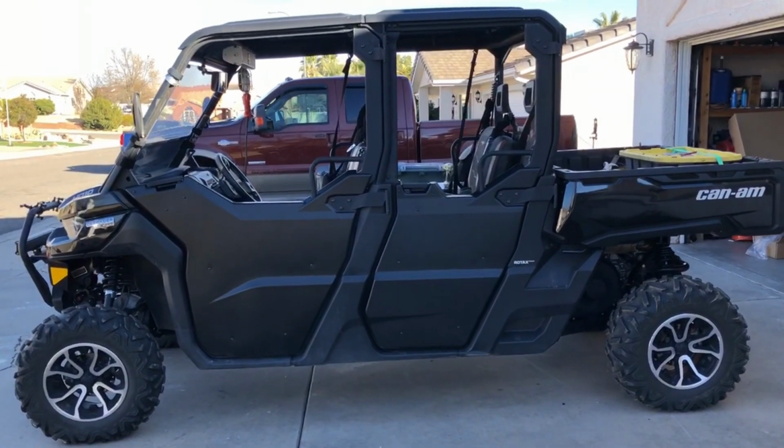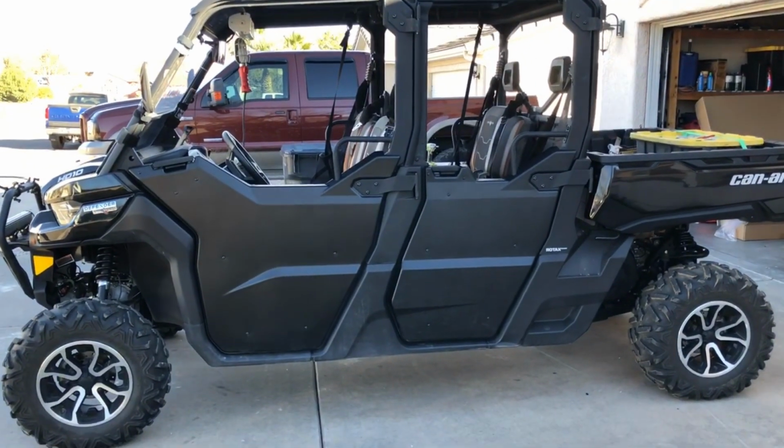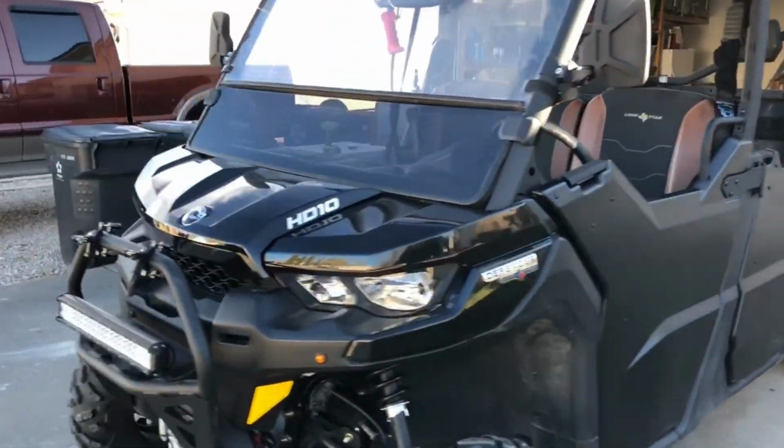Dave here. The other day I bought some doors. I got these two installed. Figured I'd do a trial run on this side. And the goal today